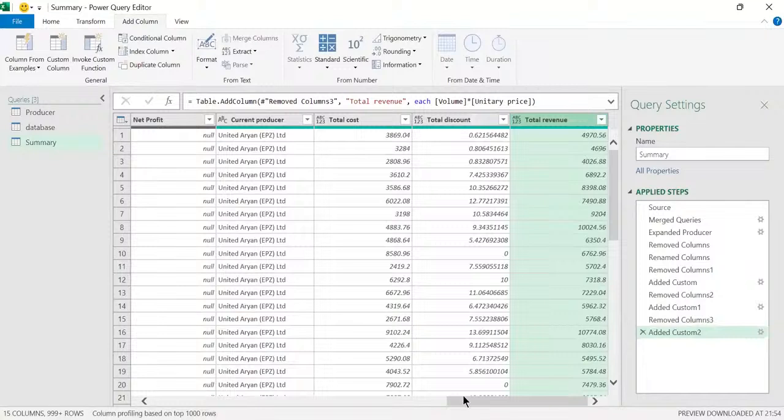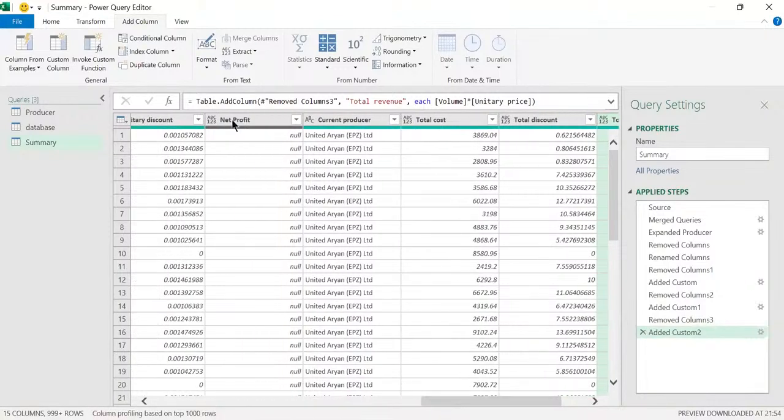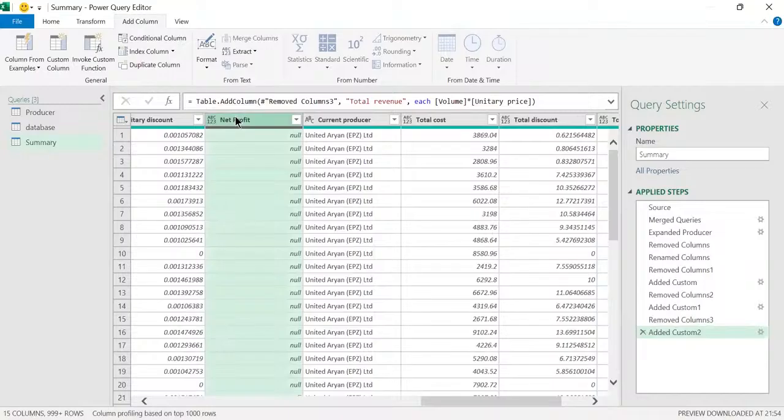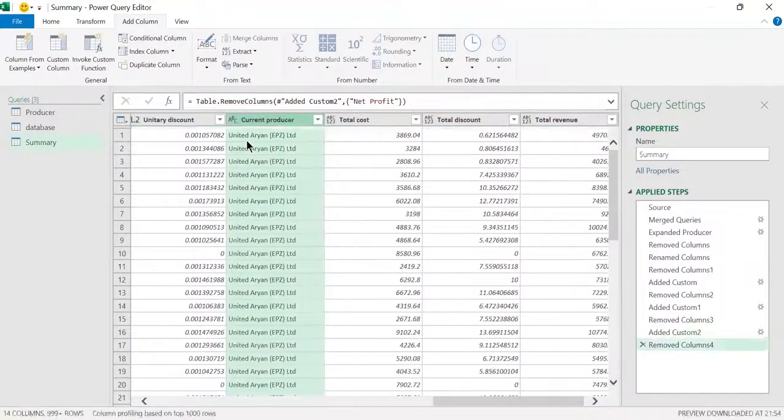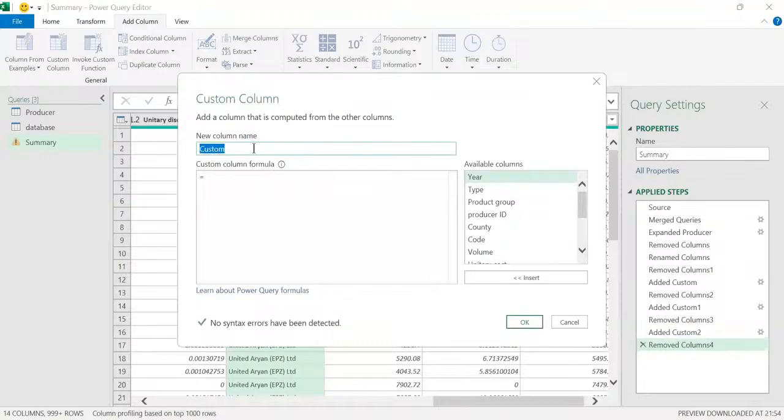Then we now have net profit. The final column, remove it. Come to custom column here. How do we get our net